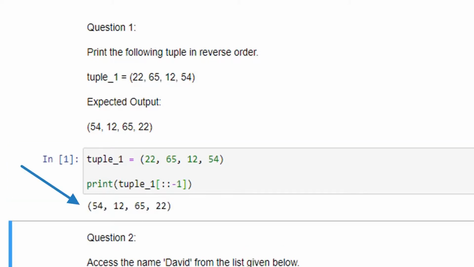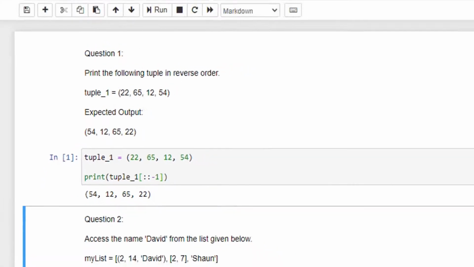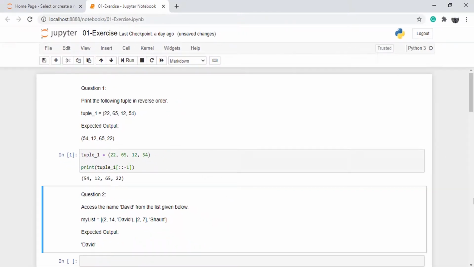Here is the output. And it matches with the expected output, right? I'm done with the first exercise. You can move on to the next exercise and try that. If you are stuck and want to look at the solution file, nothing to worry about. Your solution file is also a notebook. So you can upload the solution file in the same way as you uploaded your exercise file.